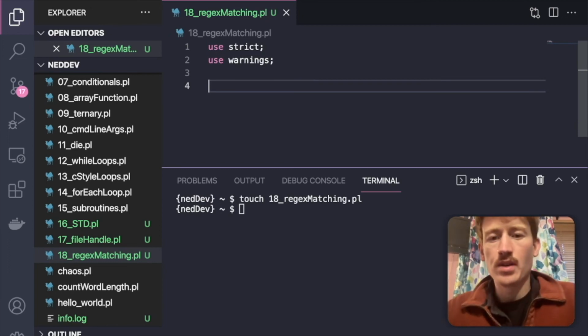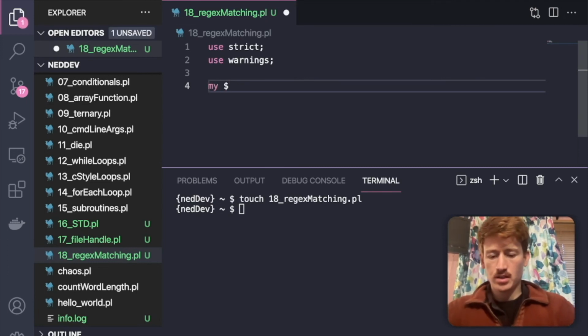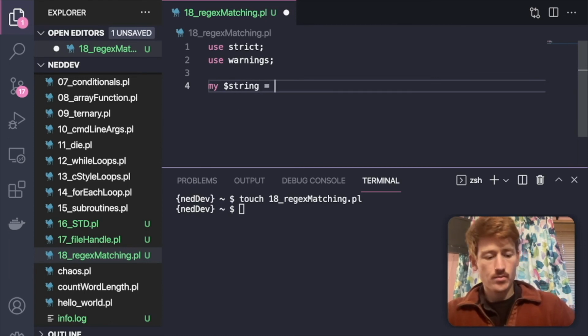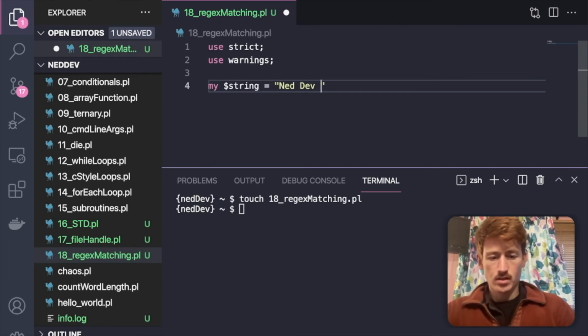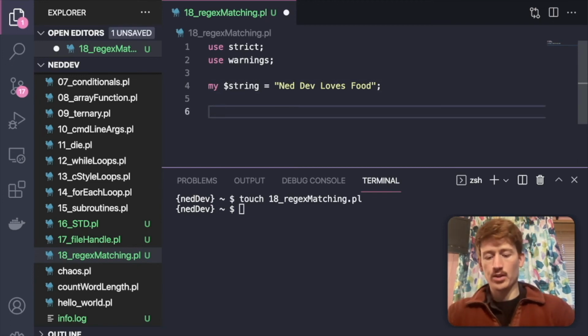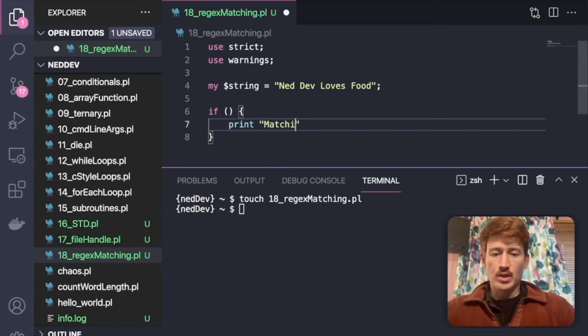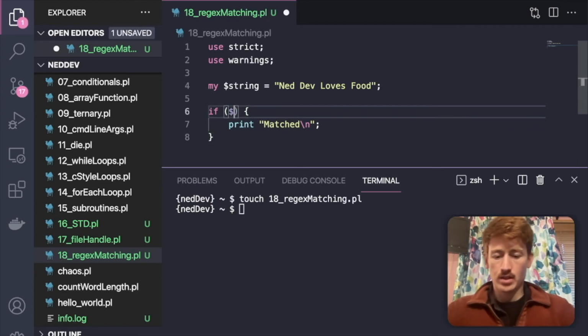The first thing we want to do is create a string that we can use a regex pattern to check whether we match with it. So let's say my string. So we've got a string, and now we're going to open up an if statement. What this if statement is going to do is say whether or not we have matched using our regex pattern on that string. So we're going to say my string,